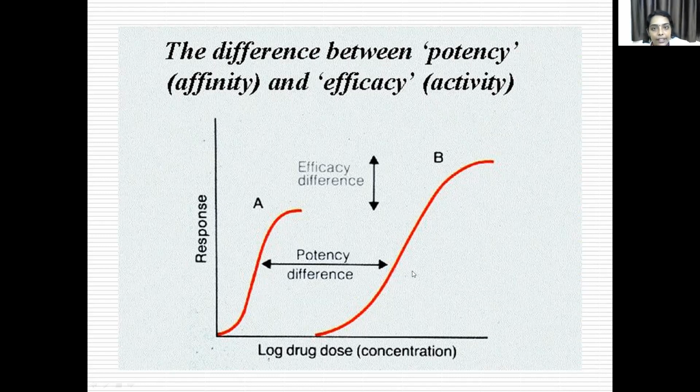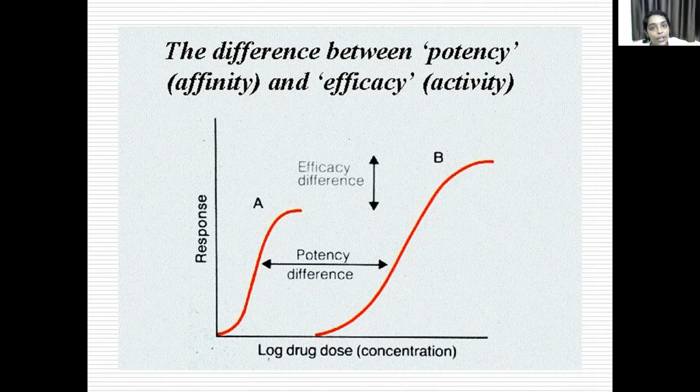What is the advantage of a log dose response curve over a plain dose response curve? You can compare curves between two drugs, you can plot a number of doses, and you can compare the potency and efficacy of two drugs. You want to find out which drug is more potent or which has more efficacy. That can be easily compared in a log dose response curve, which you cannot do in the plain dose response curve. You can also calculate the therapeutic index.